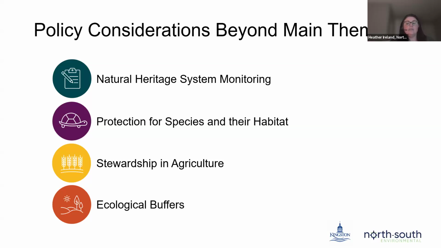Further development or site alteration should generally be restricted within buffers. This is a recommendation made through the study, unless it's been demonstrated that the encroachment will have no negative impact, and the buffer will continue to provide the ecological function and mitigation it was intended to support the natural features.